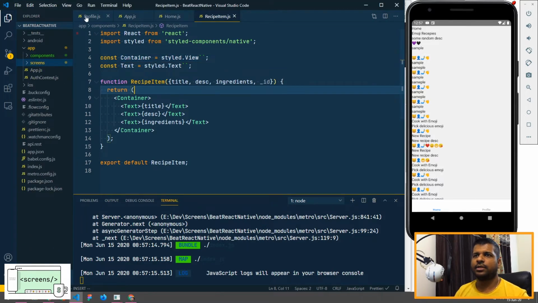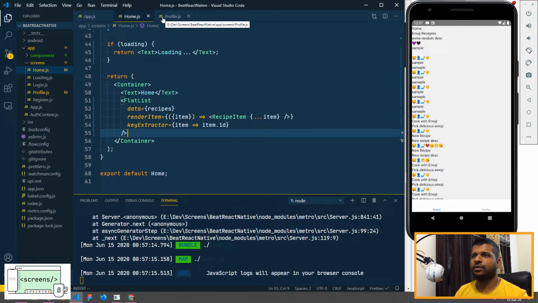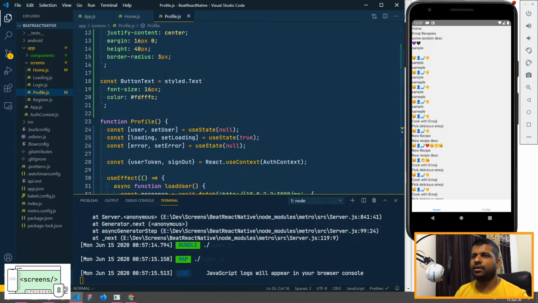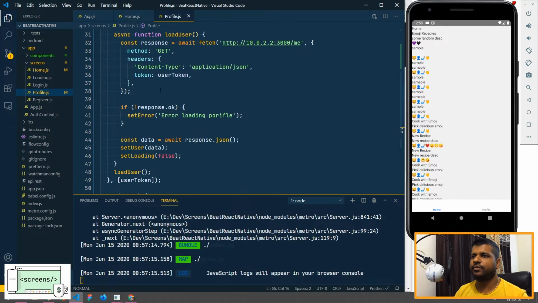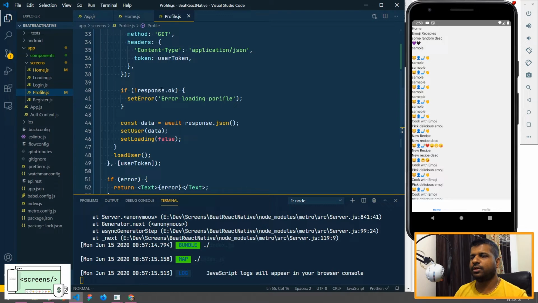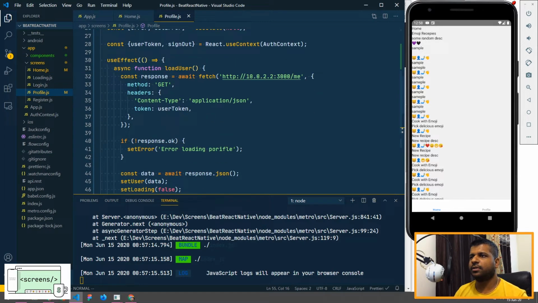Okay, so now you can see that there is a similarity between profile and home. We make the API call when the component is loaded. We have two states which are loading and error, and the third state is the actual data which we get. So the code of both is almost the same. What I'll show you here is how to use a custom hook.